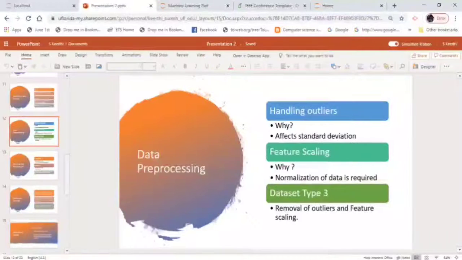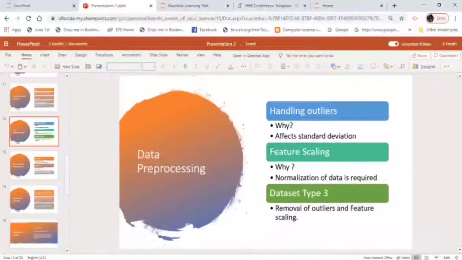The next step is the data pre-processing step. This step is very important. Let's discuss why we have to handle the outliers, and why we have to do feature scaling. So why do we have to handle the outliers? As I discussed earlier, I printed out some of the statistics of the data. Because of these outliers, the mean and the standard deviation will be affected. The Euclidean norm and the Gaussian distribution norm will be affected by these data outliers. So it is better and important to remove the outlier rows from both the data sets.